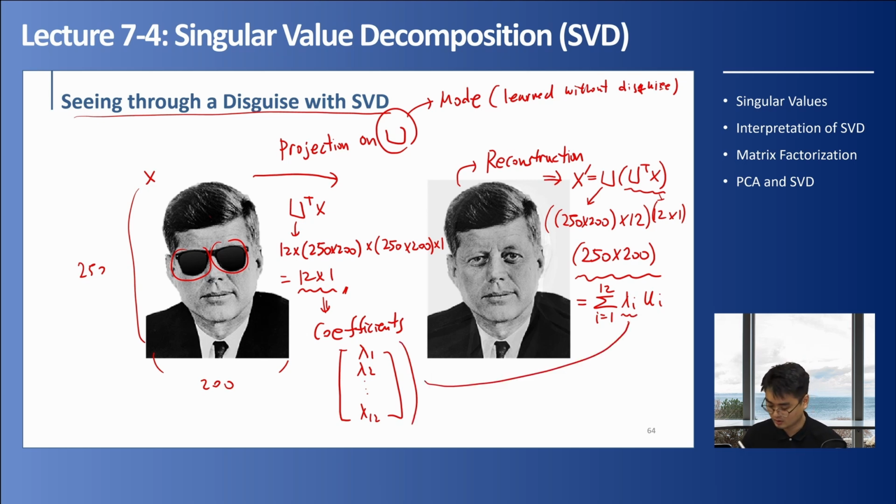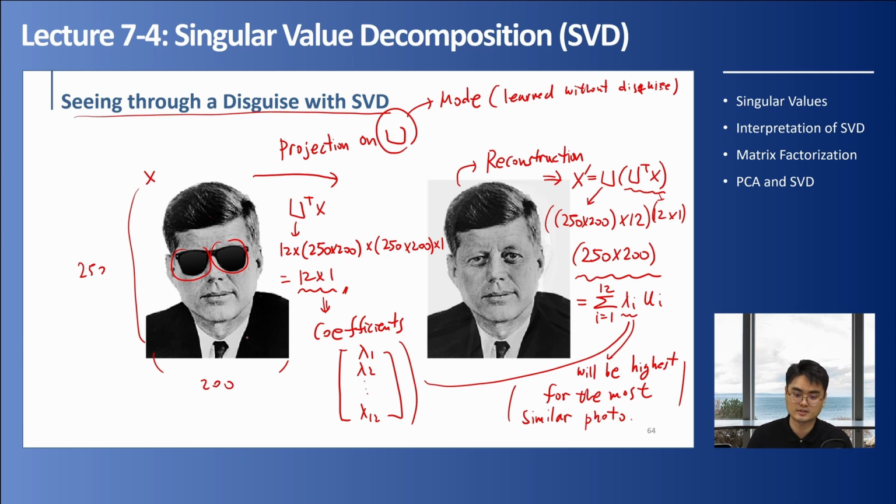And therefore, this lambda_i will be the highest for the most similar photo, and we are able to reconstruct our face even with a disguise here, because we are able to find the combination of lambda_i that will generate the face of this president here. So these were some examples of using singular value decomposition, and I will do some demonstration of SVD using Python